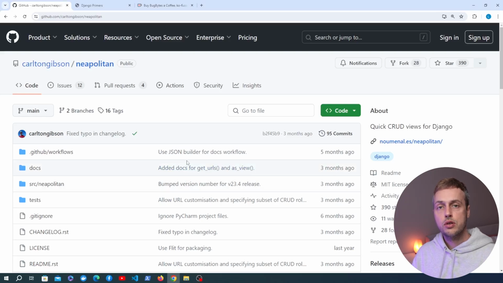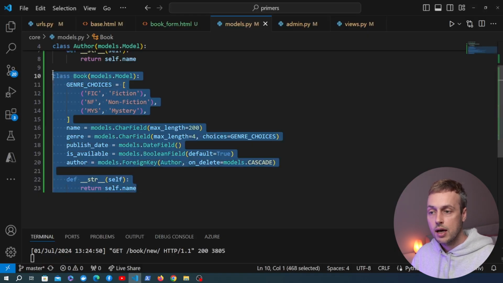In this video, we're going to take a look at a fairly new package in Django called Neapolitan. Now, this is a third-party package, and it allows you to very quickly build CRUD views in a Django application. And the benefit of using this package is that you can take a Django model that you have in your